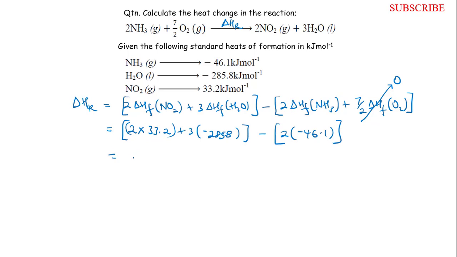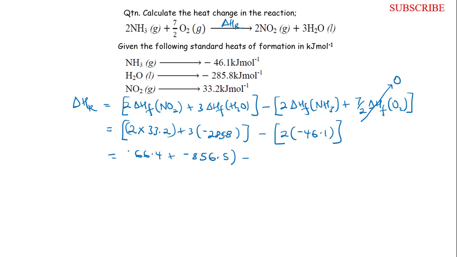So here we shall get 66.4 plus 3 times negative 285.8, which is negative 856.5,